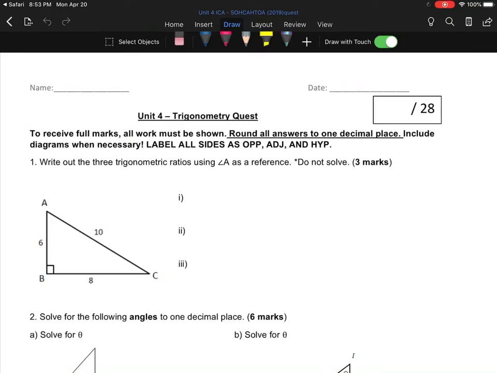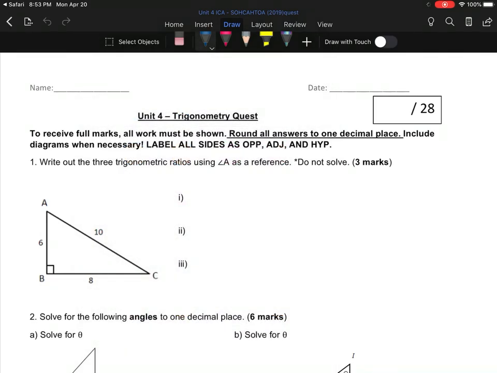Okay, so this is last semester's quest, and a quest is just, I think I'm being clever, a cross between a quiz and a test. Basically, this is not necessarily the halfway point, but after this, we're going to do triangles that are not right angles. So all of the triangles here will be solved using